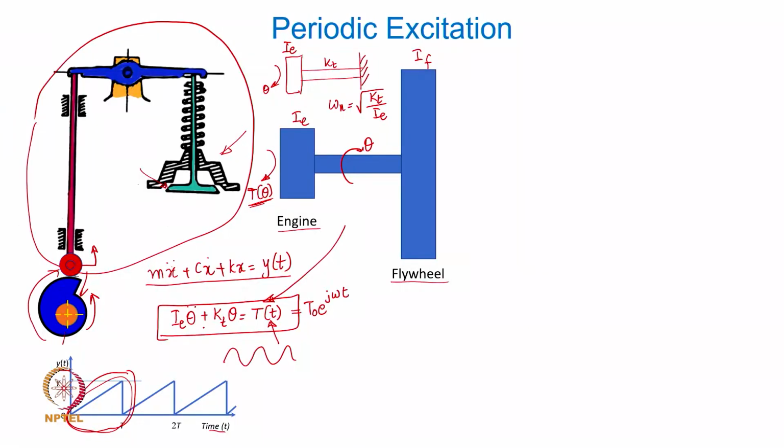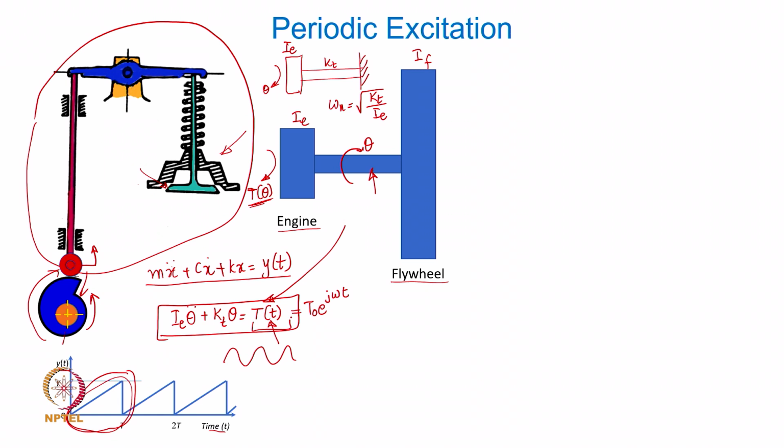In fact, I may need to add a damping or dissipating term to make it more complete by including the structural damping of the crankshaft. I can add C_t theta dot as the dissipation term in the equation, but that does not